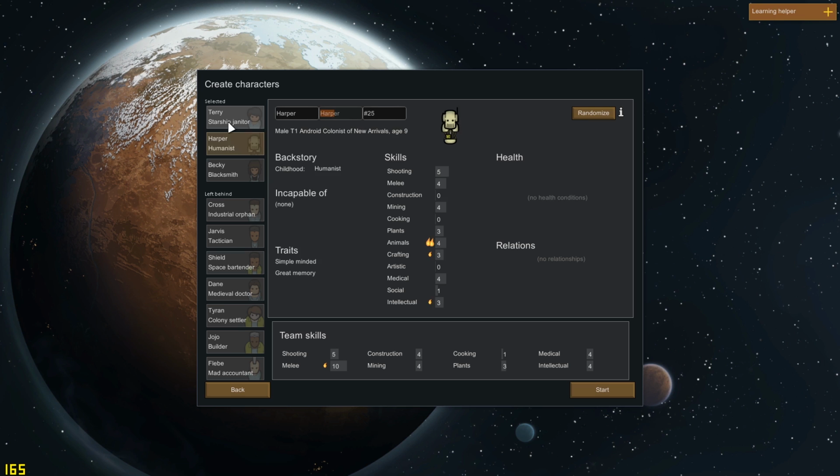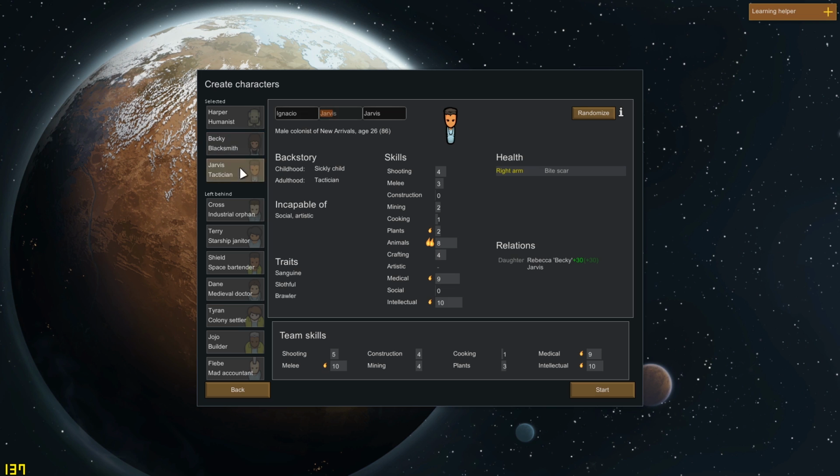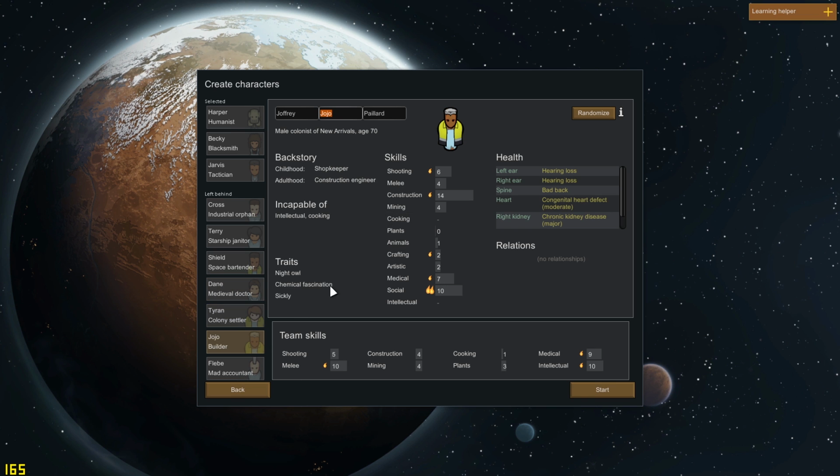We could get Becky, maybe get rid of Terry, throw in Jarvis. So we got a father-daughter combo over here. And, yeah, but we've just got, like, no skills, really. That's no good. Okay, we need someone with passion in the construction area. There we go. Tyron is really good, but he doesn't fight. Here we go. Jojo is perfect, but he's just so...